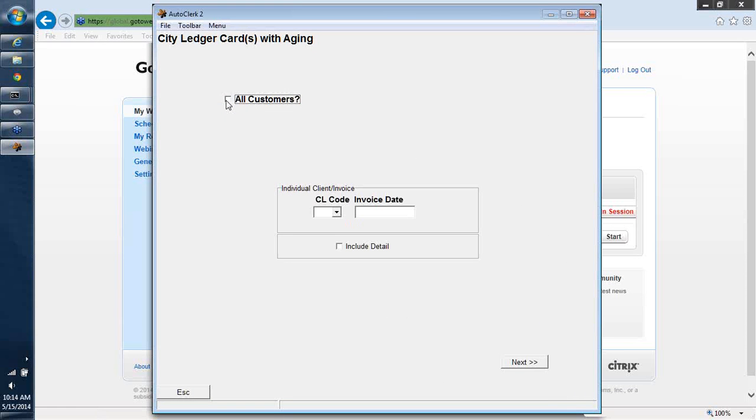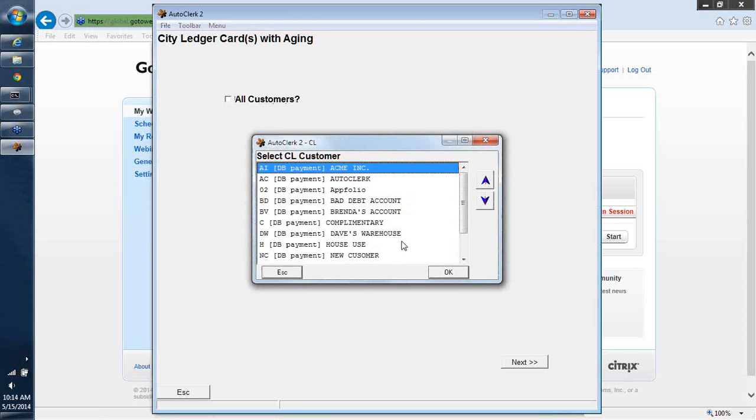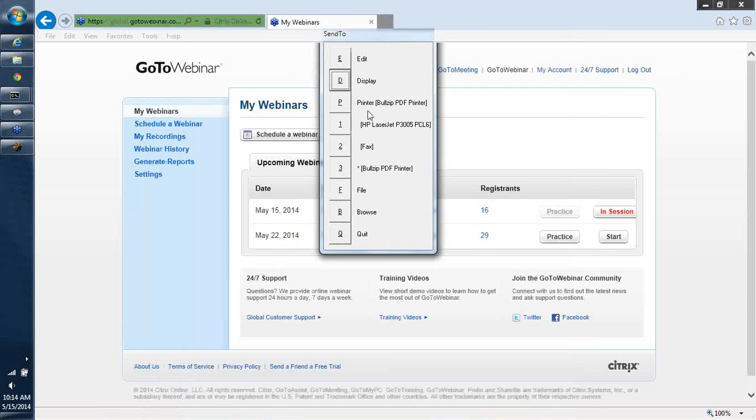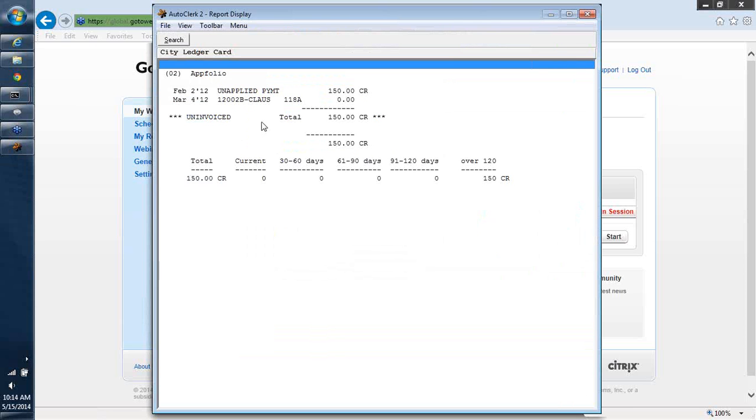So once again, we're going to unclick all customers. We're going to pick which customer we want to take a look at their ledger card on. Let's try the app folio. If we had a specific date in mind, we would put in the specific date. We can do it without detail, so it's just a summary, or we can do it with detail. We go to next, we go to display, and it gives us the activity on the account, your account code,